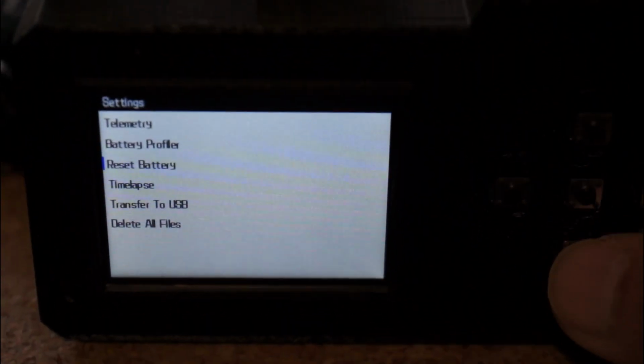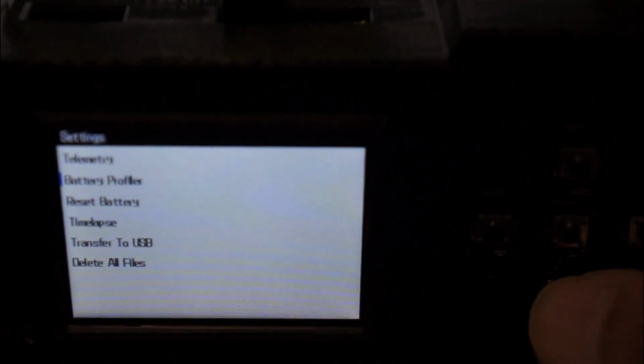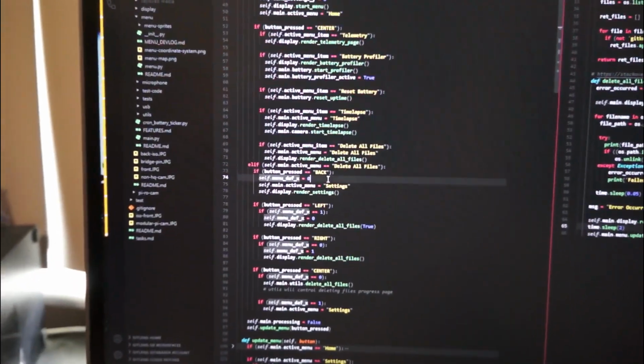Then go down to settings, delete all files. Oh man, hit no. Wow. Why? Damn it. Alright. Well, one problem, or maybe the answer, is submenu